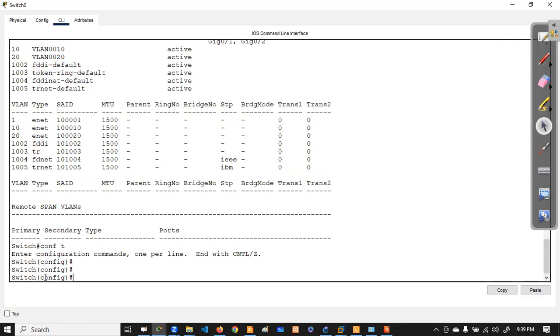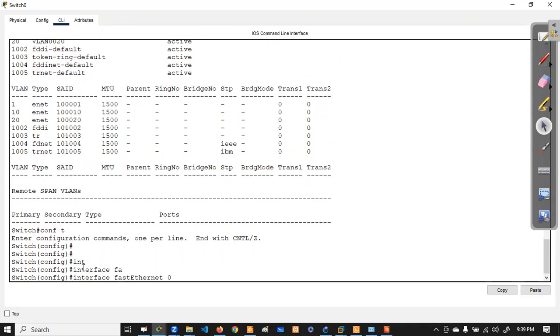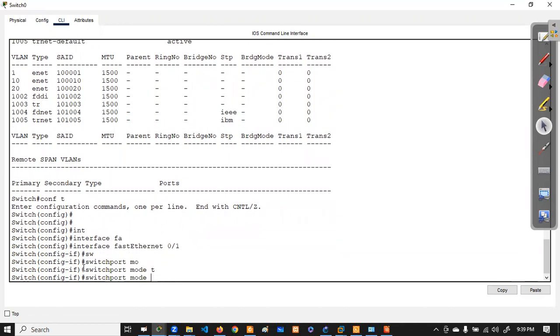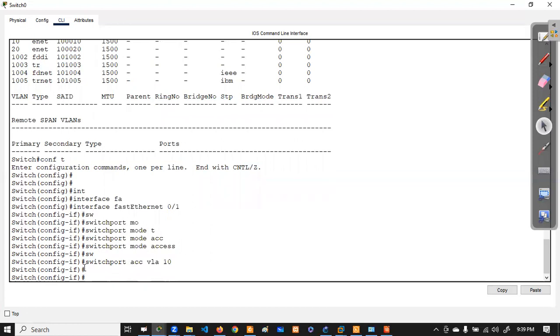Okay, sir. So here, what we are doing: interface fast Ethernet 0/1, switchport mode access, switchport access VLAN 10. So I have taken this port into this VLAN, and this port into this VLAN.